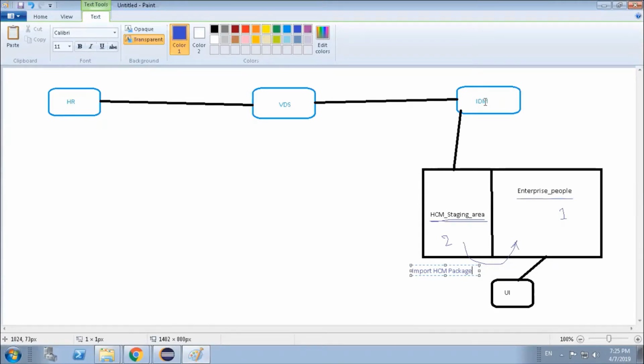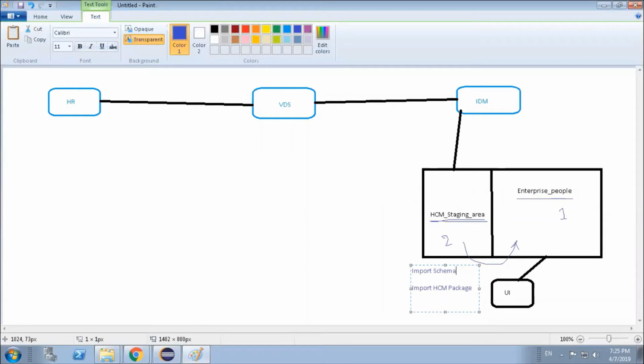Okay, so import schema and import HCM packages. This is needed in order to do our HR integration.